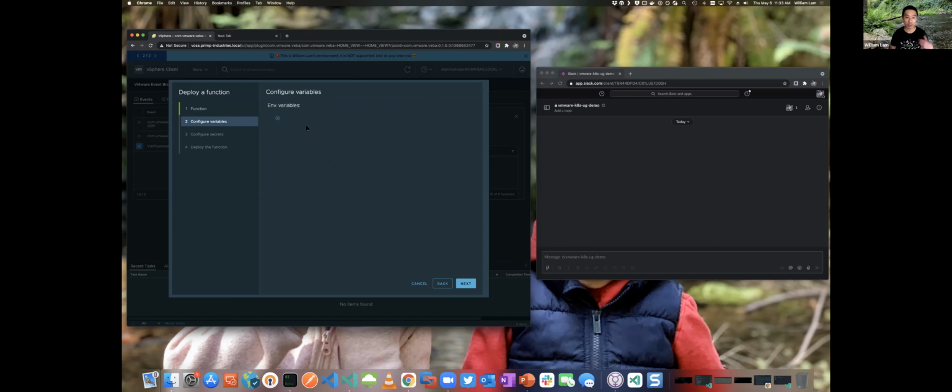So you can imagine some debugging. You can add that in here and turn them on and turn them off. And then the secret that I had created earlier, I'm just going to reference that. And just like that, I've created a function written in PowerShell that's going to talk to Slack. I've been able to identify the event, so I don't need to look up any documentation or understand how the vSphere API works. And I've been able to attach my secret.